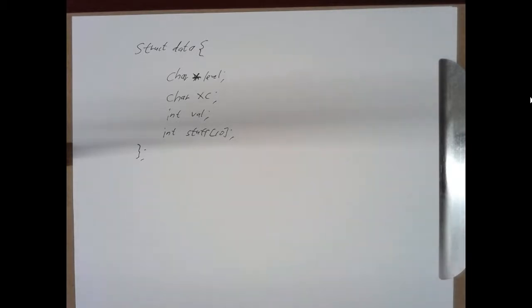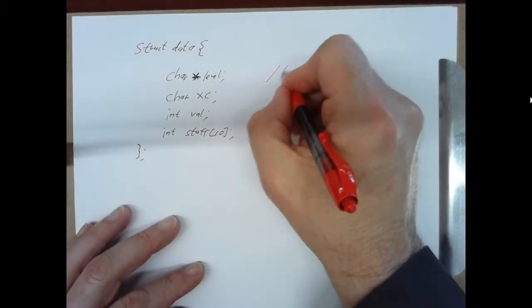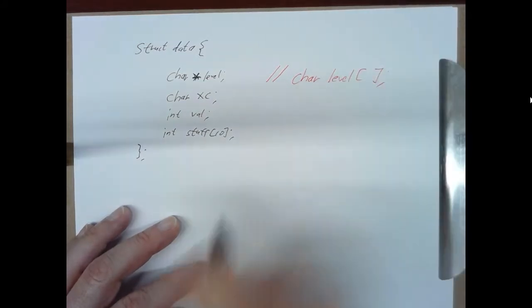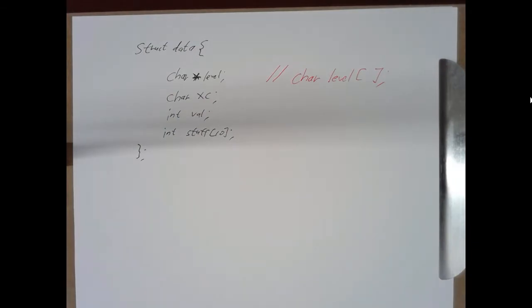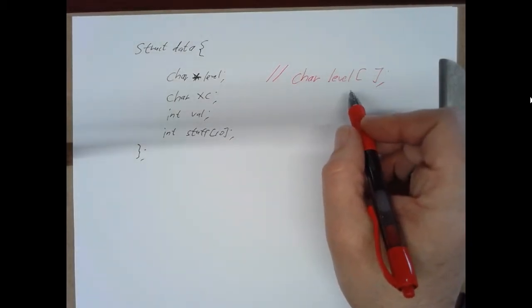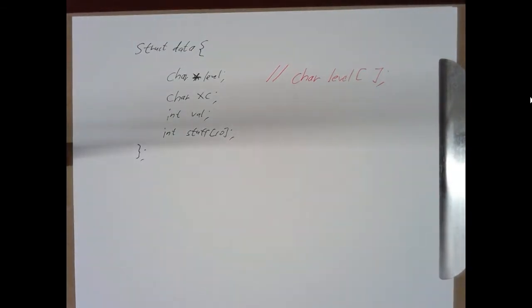And you cannot do the following. Some people tried to do this. That will generally give you a compile error. Okay? I don't think there's ever a reason you need to use this kind of notation. You can usually get away with saying char star level, right? If you really mean an array of an undefined length, then go ahead and do that as an argument to a function. That's okay. But inside a structure, the compiler will complain about this.